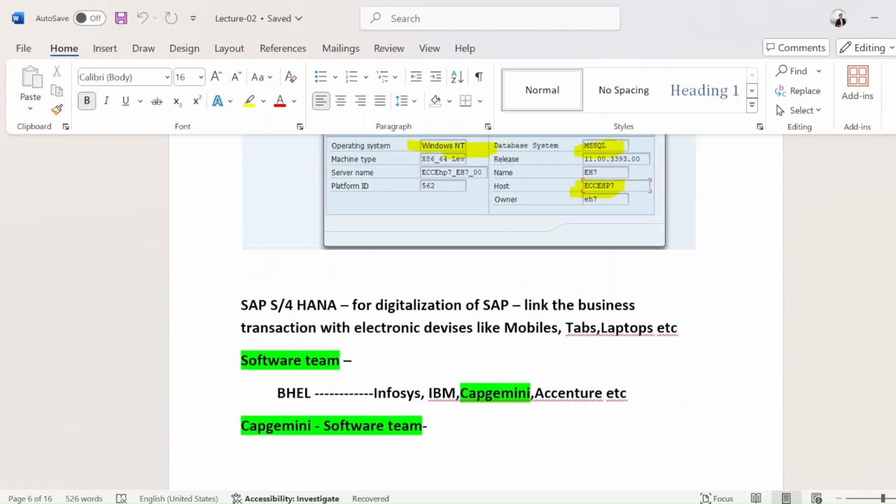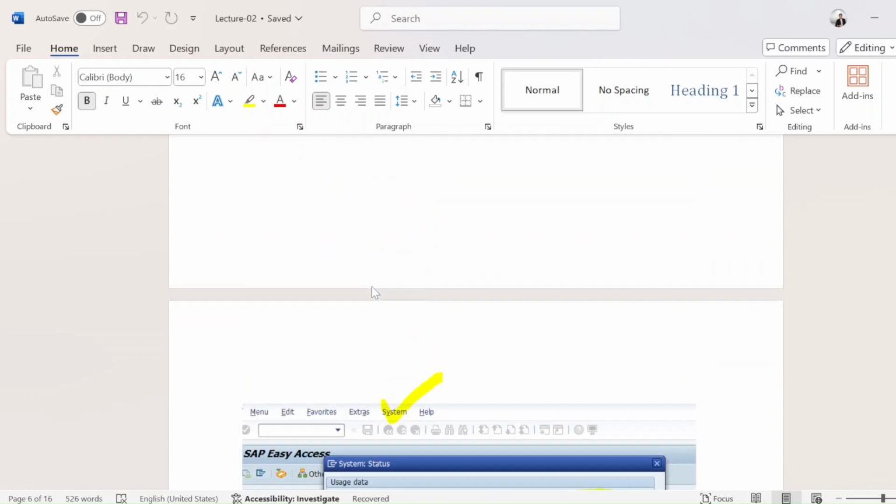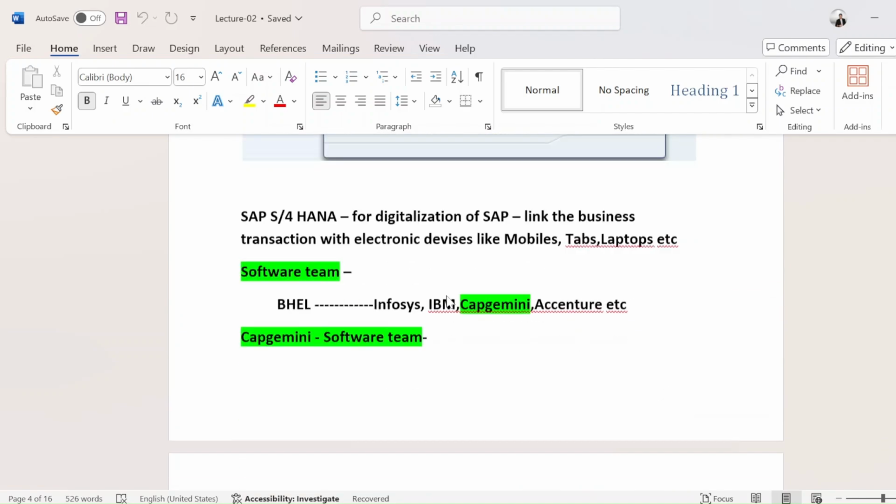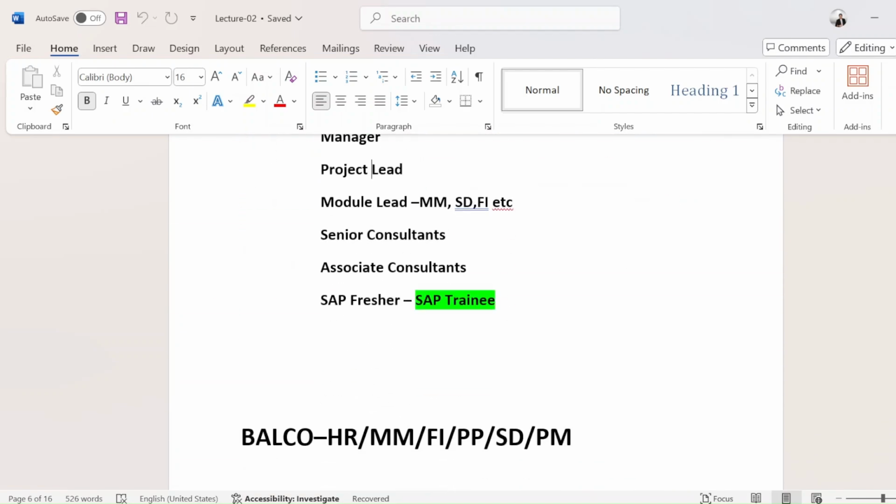And modules. So what are modules? If you are a very beginner, you may not have an idea about the modules. There is a module like material management. For the financial side, there is a module FICO. There are two modules: one is finance, another one is controlling. In some companies, they use it as FICO.